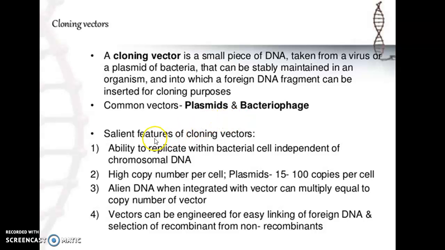Now first we focus on the DNA that we isolate, through which we transfer our gene into bacteria. That isolated DNA, called vector DNA, must have some important features. This vector DNA has the ability to multiply in the bacterial cell independent of the bacterial genome. In the bacterial cell, it must be able to develop 15 to 100 copies, so that when we recombine our gene into a plasmid or bacteriophage type of DNA vector, when they multiply, they develop a number of copies of our gene also in their host bacterium.